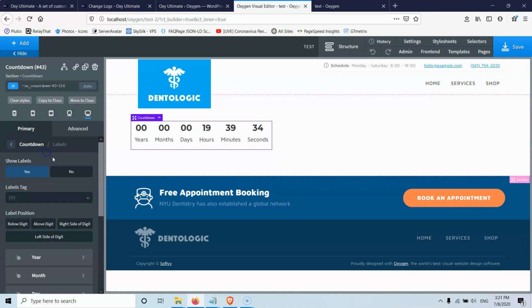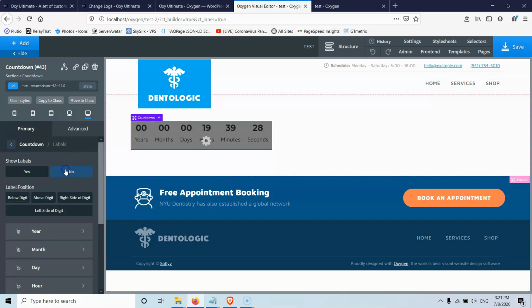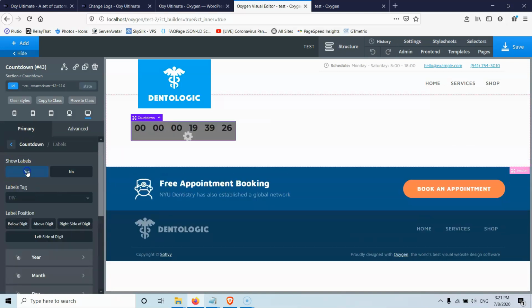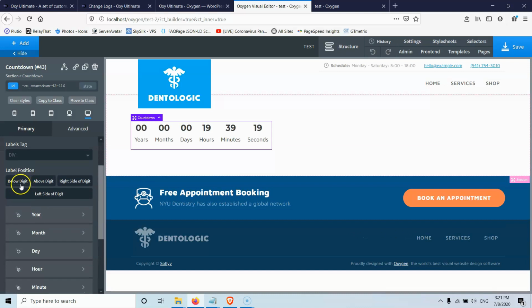So we have the labels, so we can change the labels, year, month, and seconds, and everything else. We can hide all the labels if we want. So let's show those. The label tags are divs, or you can change anything here. And we have the label position: above, right side or left side of the digit.